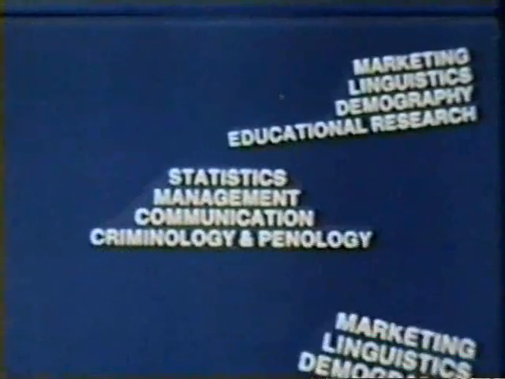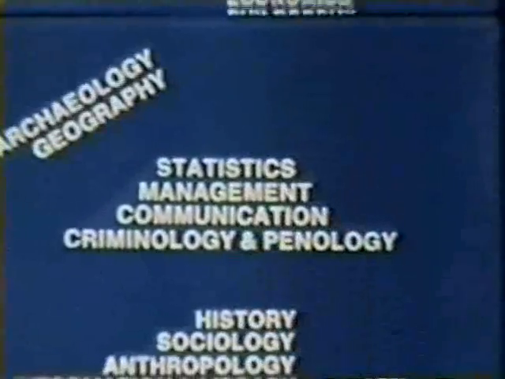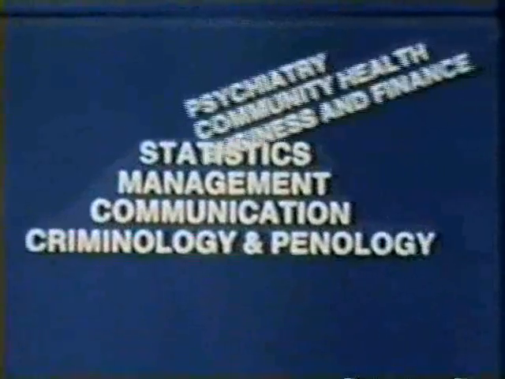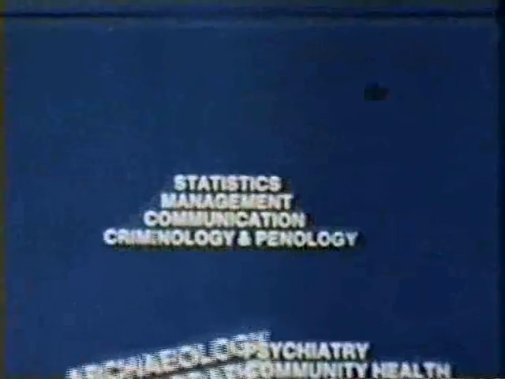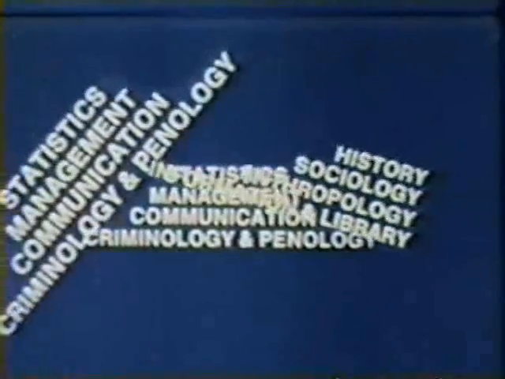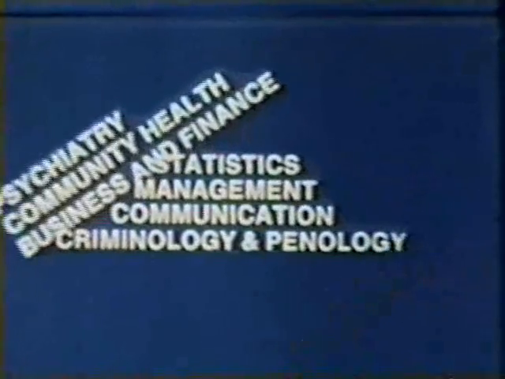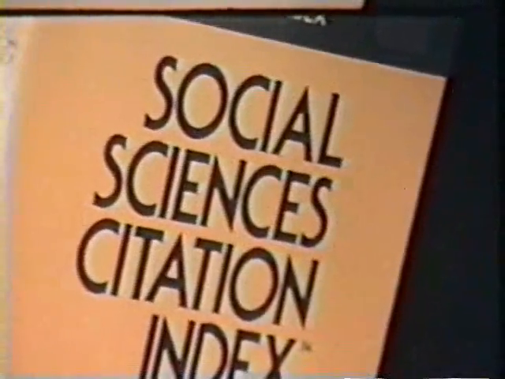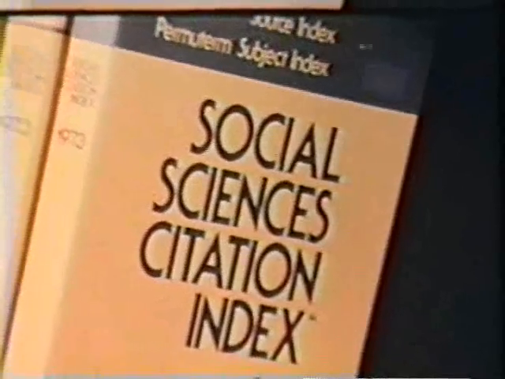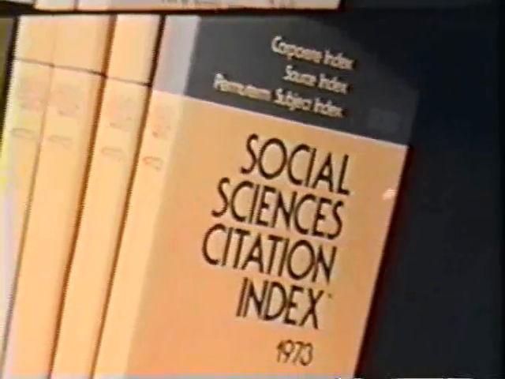For a long time, comprehensive searches of the social sciences journal literature were cumbersome and time-consuming. Anyone who needed information was forced to work with a multitude of discipline-oriented indexes. ISI eliminated this problem when it introduced the Social Sciences Citation Index, covering all of the disciplines of the social, behavioral, and related sciences. SSCI is another portion of the ISI database that takes advantage of citation relationships and ISI's multiple indexing techniques.